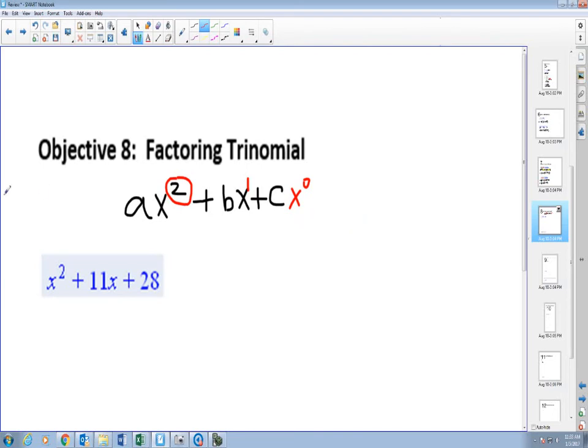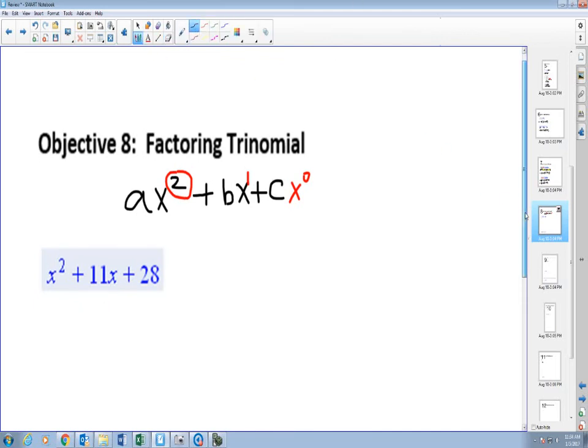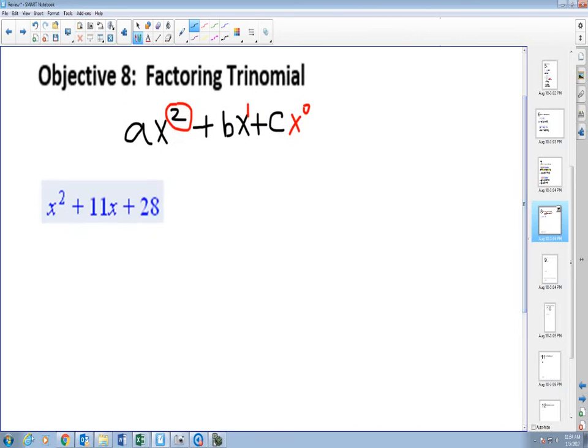So in my example here, my exponent is 2 power, 1 power, and the 28 doesn't have an exponent because it's supposed to be x to the 0 power. X to the 0 power is always 1, so that's why we don't write that 1. So this is a trinomial,